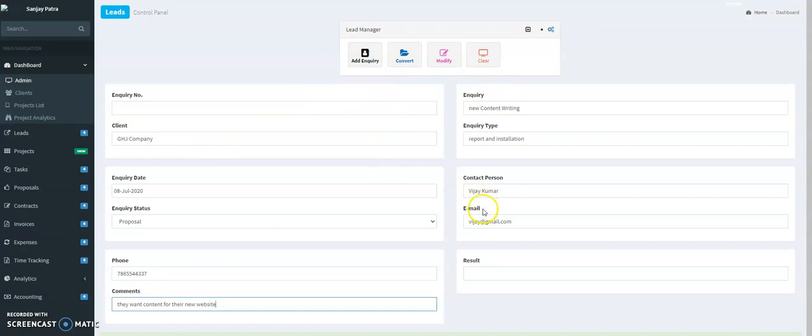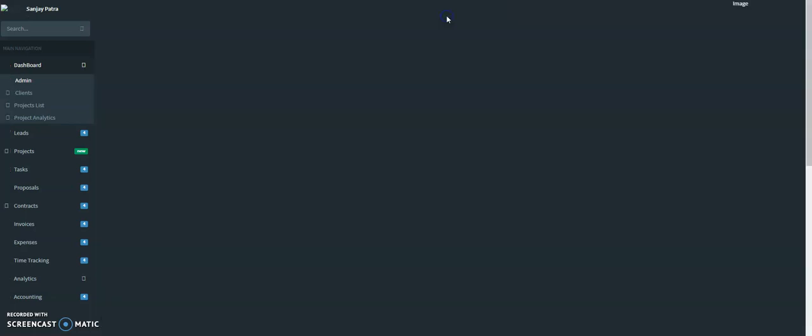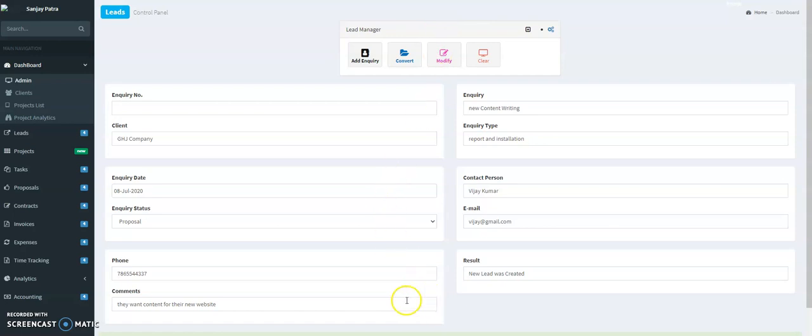Once the inquiry is made, we add the inquiry to the database. The inquiry is added to the database.